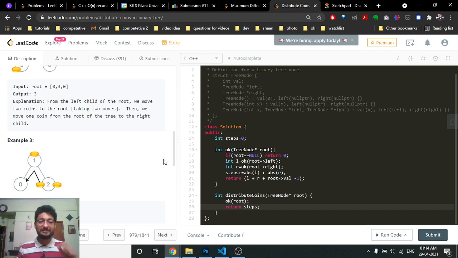This left subtree requires 1 coin, so -1 will be returned. But this right subtree actually has 1 coin extra. This coin is already in place, so I don't have to think about it, but 1 coin is extra. So this subtree will send 1, which means that I have 1 extra coin, and this will send -1, I have 1 coin deficit. So this node will then have to process that the left part wants 1 coin and the right part actually has 1 coin extra.